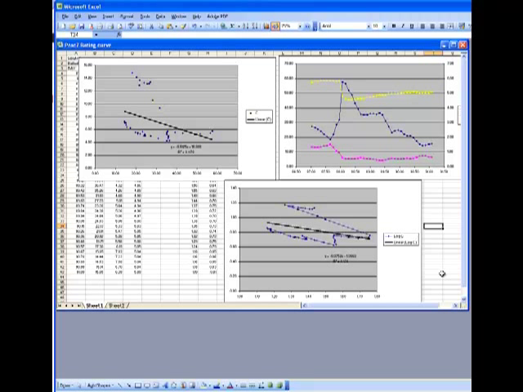So over time there's a decrease in the availability of the solute, and therefore the relationship between discharge and solute concentration changes with time. So what we can do is split